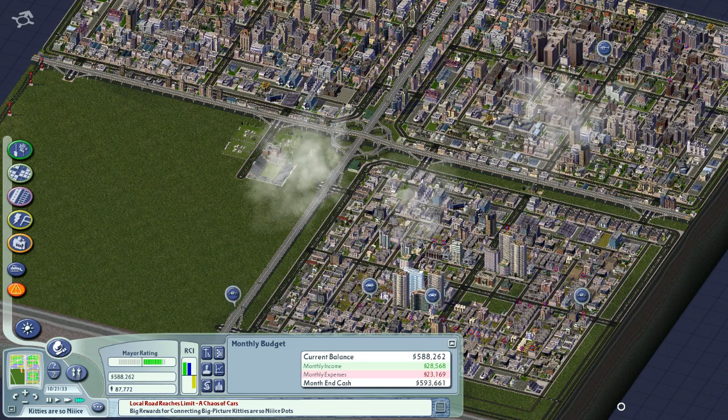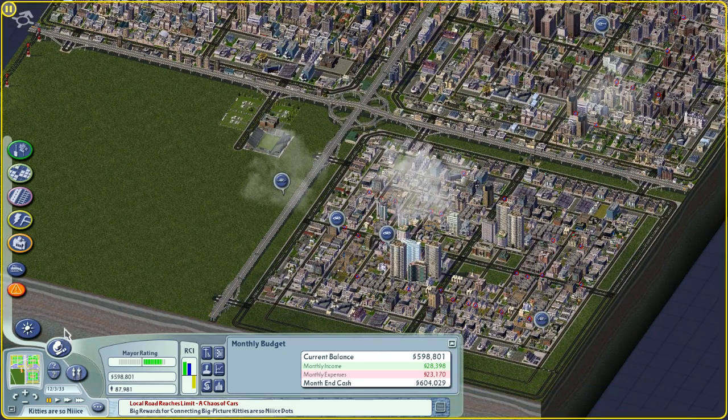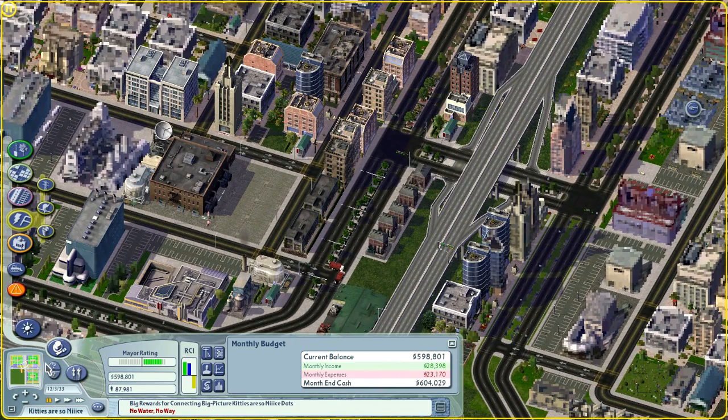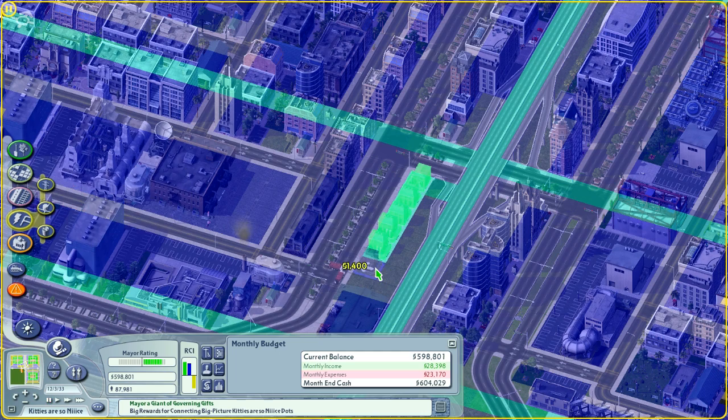Just because we got some, quote unquote, pent up growth. Oh, we need water. We've got some pent up growth. And actually, let me take a look at what's going on here. We have 1, 2, 3, 4, 5. A little bit of lag, but that's okay. We have 5. I still don't know that I want to build a...